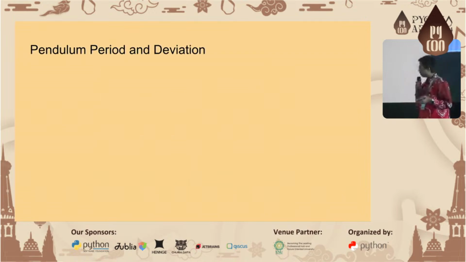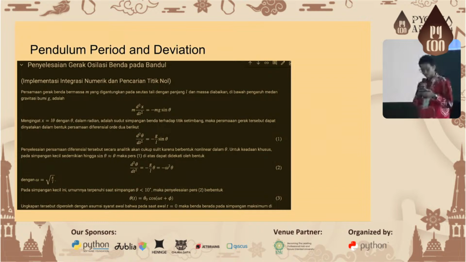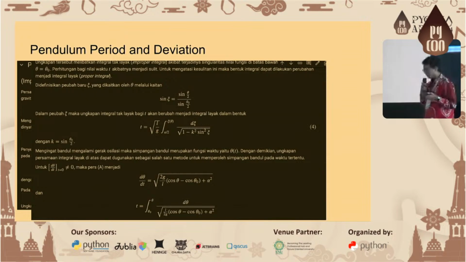Next. Now, I would like to introduce how to use computational physics using Python that I translated before from the Fortran language. For a simple example, I try to calculate the period and deviation of a simple pendulum. Next. Surely, yes, it was basic physics, but surely we can skip ahead with some mathematical